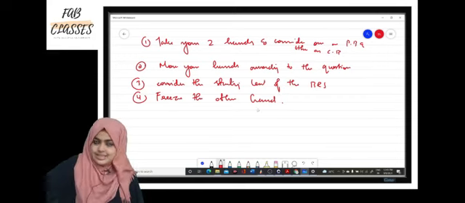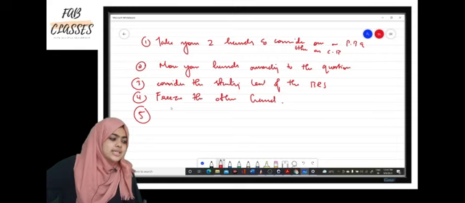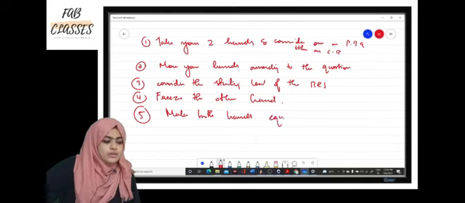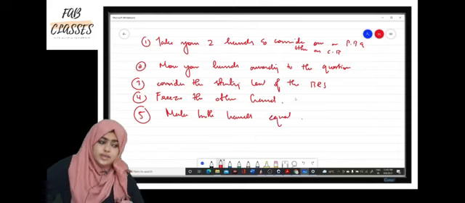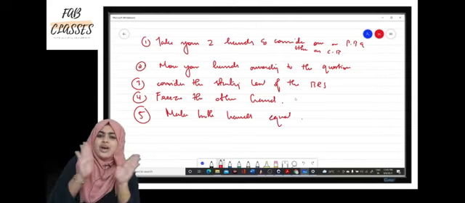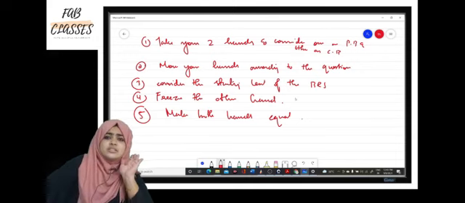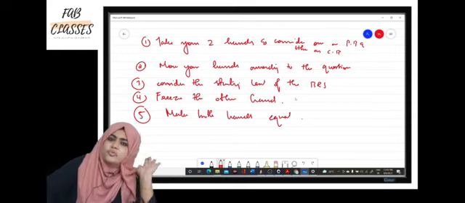Okay, so freeze the other hand. And the fifth one is make both hands equal. So these are the 5 steps which you have to use to solve the BRS problem. Whatever tough questions come from the BRS, if you know these 5 steps, you will be able to solve it